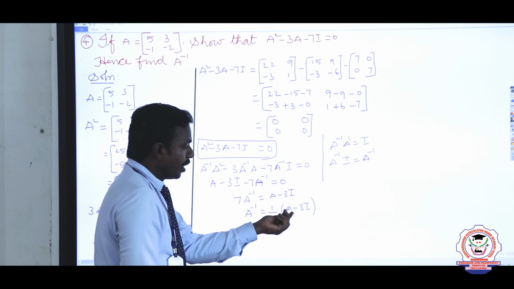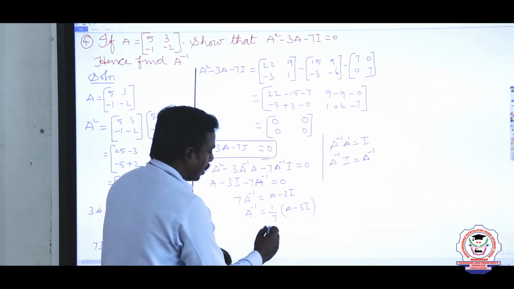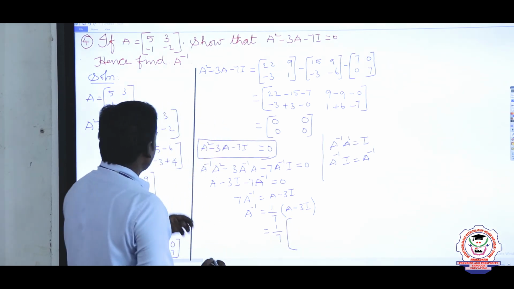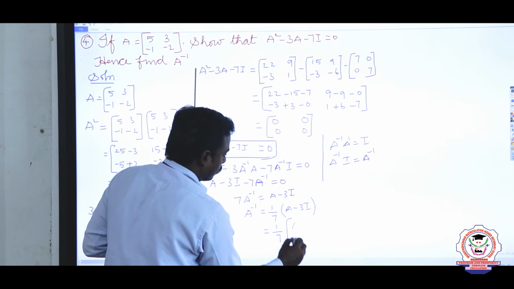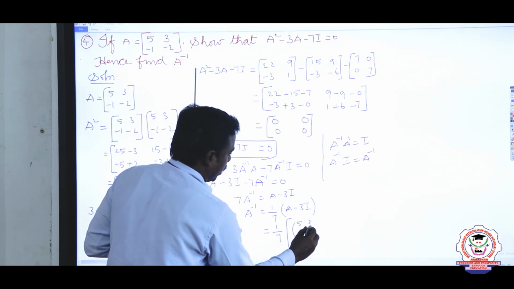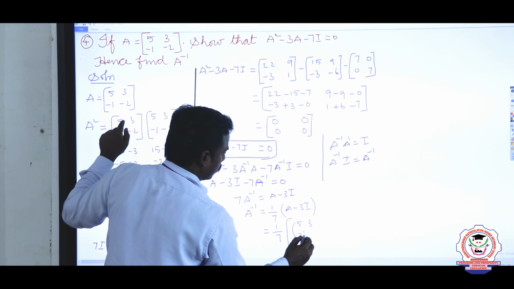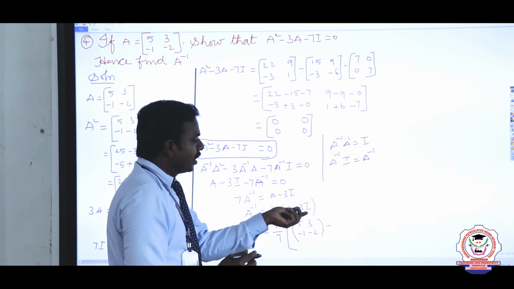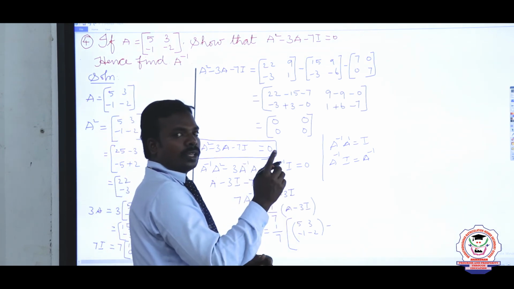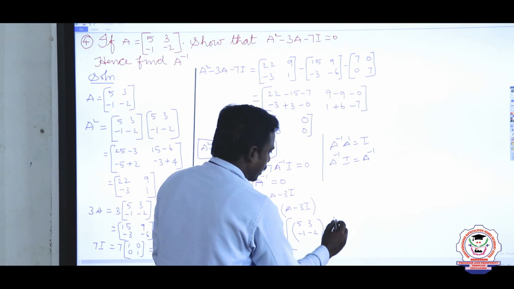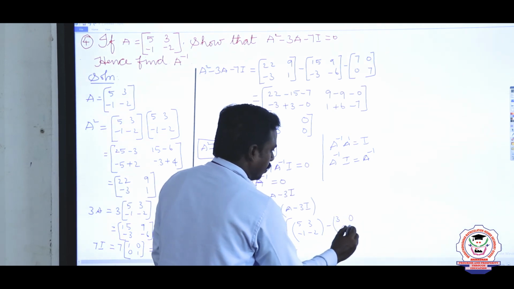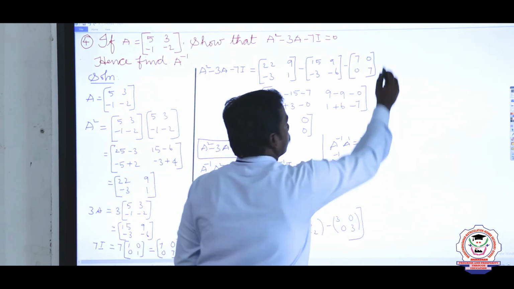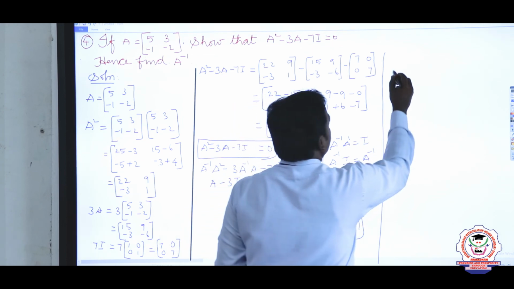Now I am going to apply the A value and the identity matrix value. 1 by 7 into the A matrix. The given A matrix is [5, 3; minus 1, minus 2]. Minus 3 into I, where I is the identity matrix [1, 0; 0, 1]. Multiplying with 3, you get [3, 0; 0, 3]. So A inverse equals